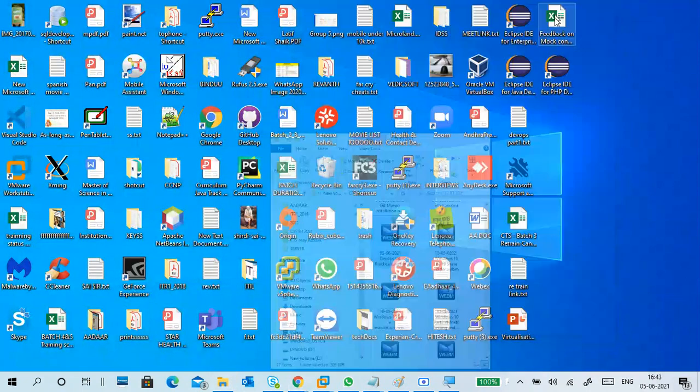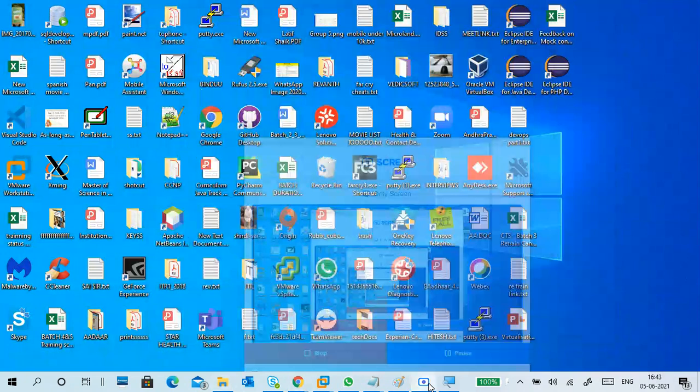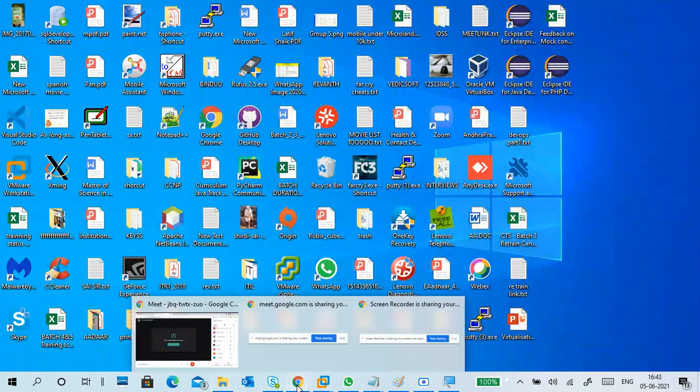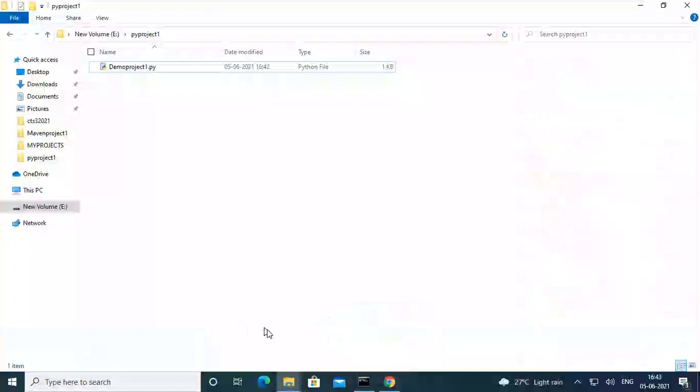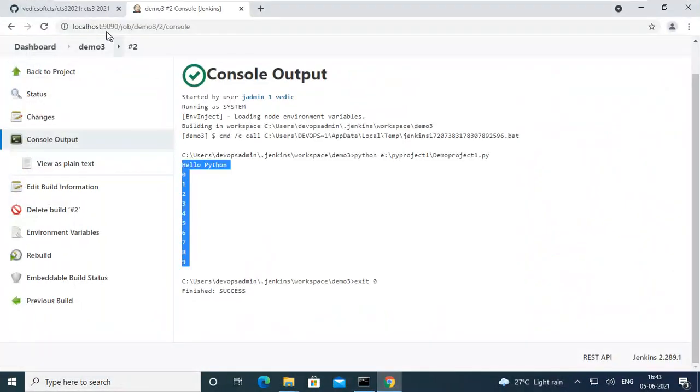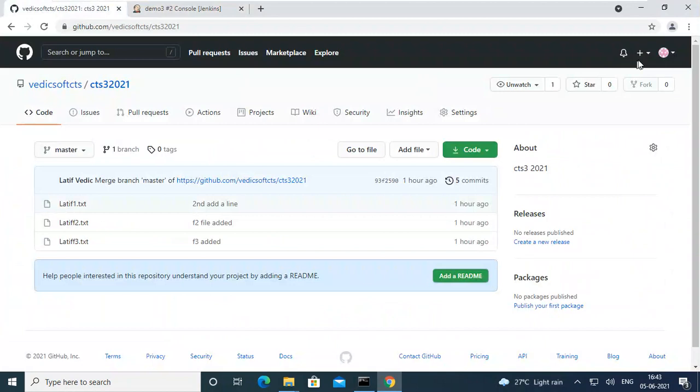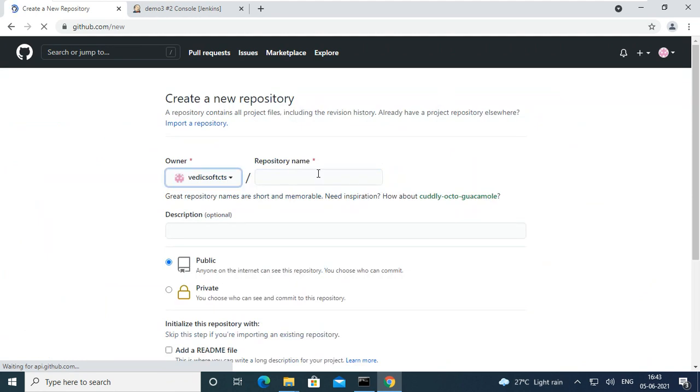Then how to do with Git? How to do with Git? So same thing, same Python only. I want to do with Git. So I'm going to create a new repository for that one, or you can use an existing repository also. I'm creating a new repository because I'm logged in.